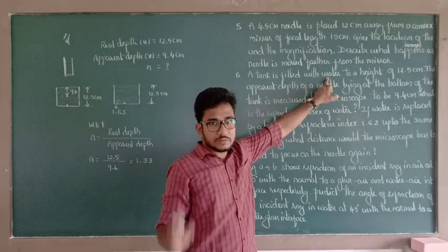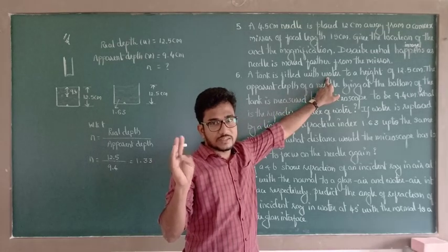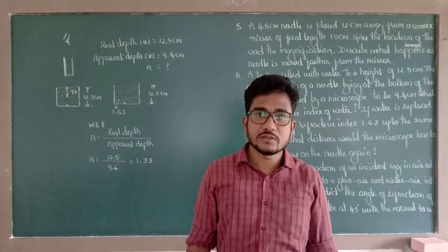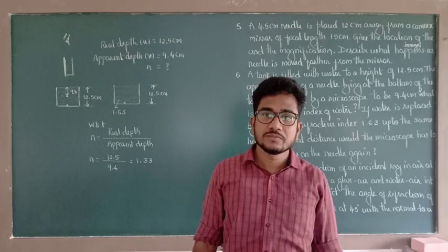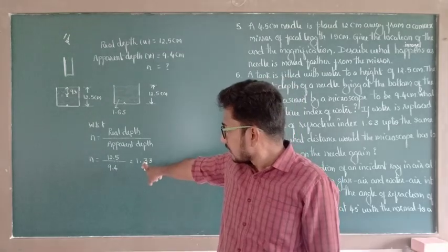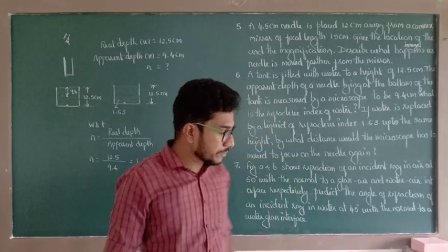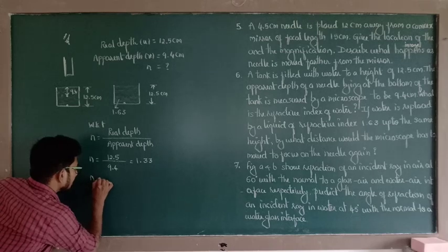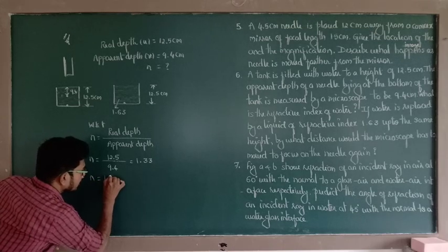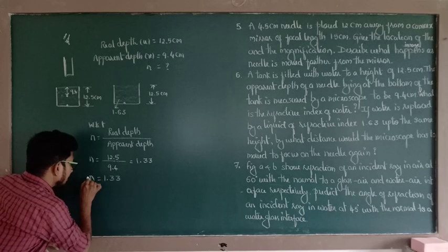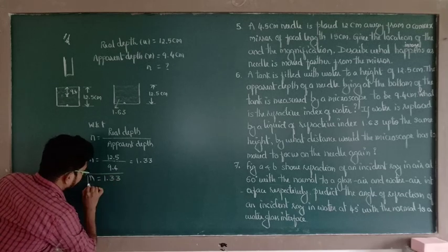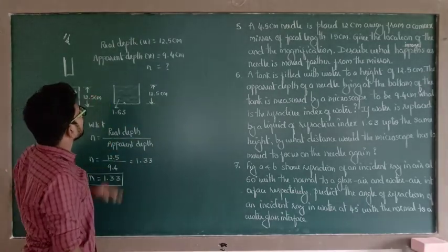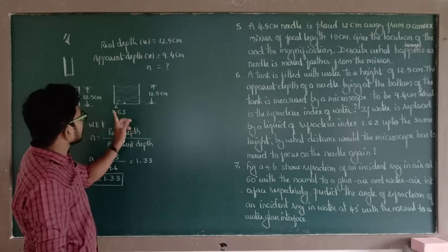So 1.33 is nothing but the absolute refractive index of water. Already we know the absolute refractive index of water is 1.33, of glass 1.5, of diamond 2.4. So here n is equal to 1.33, that represents the absolute refractive index of water. There is no unit and dimensional formula for refractive index. If this liquid is replaced by another liquid of refractive index 1.63,